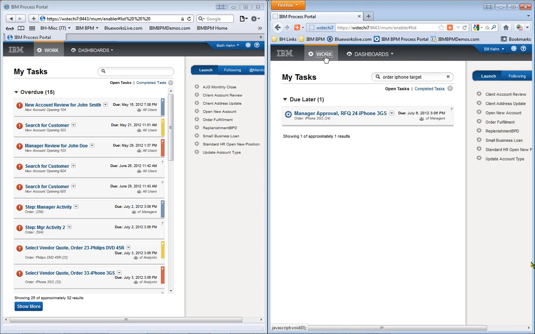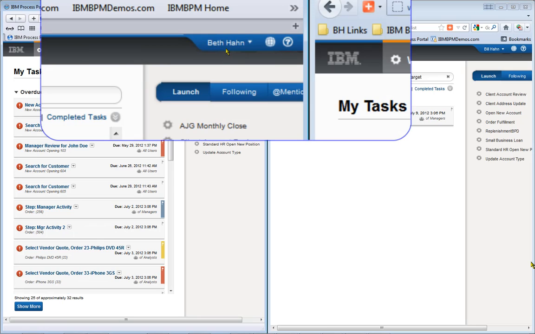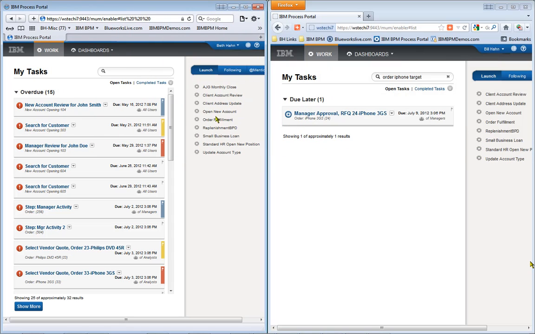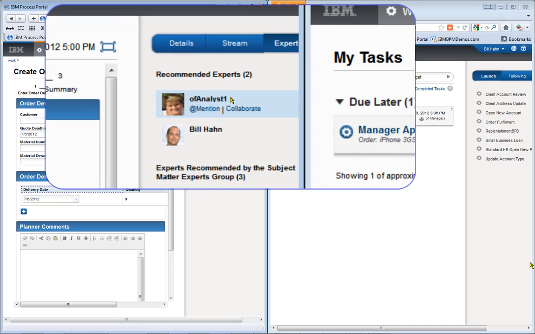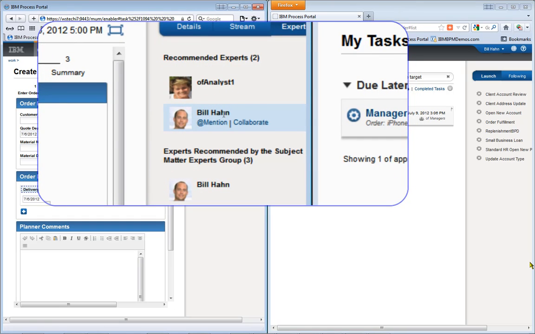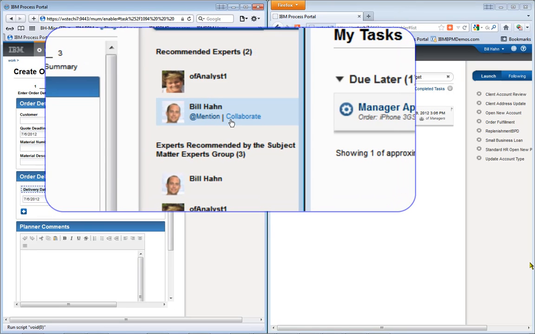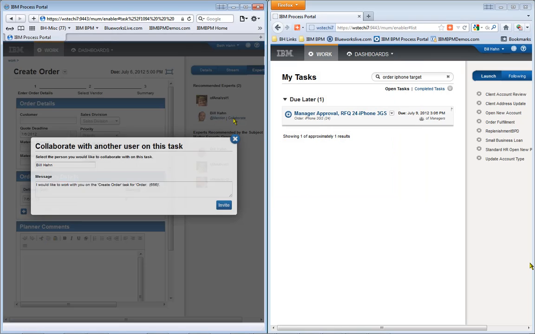Now let's take a look at what might happen when a couple of people need to collaborate on work being done. You can see in these two web browsers on my desktop, which would normally be on two different computers and perhaps two different parts of the world, you can see Beth on the left and Bill on the right. Now Beth is going to kick off a new order, and she quickly finds herself in pretty deep and needs some help. So since the system has tracked who does a lot of work with this part of the process, she easily finds that Bill's available to collaborate with. So she can